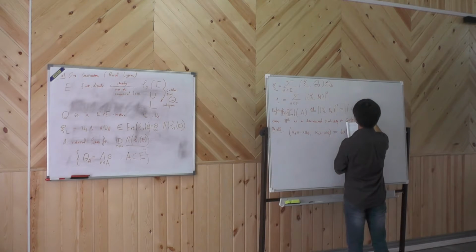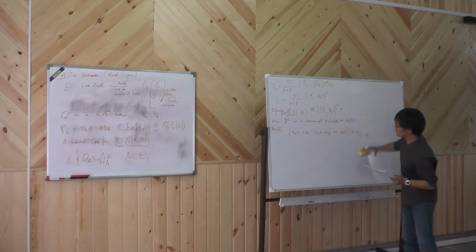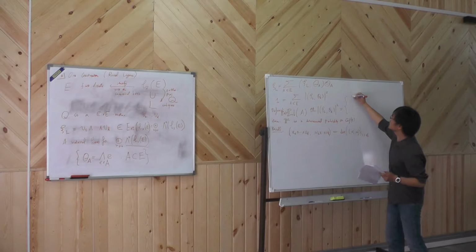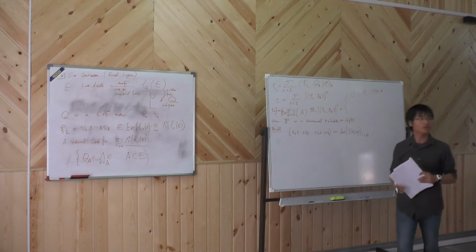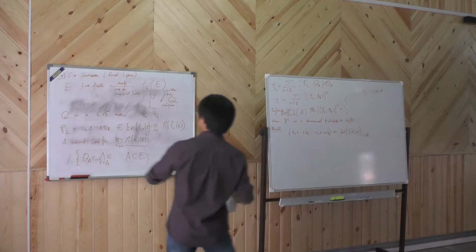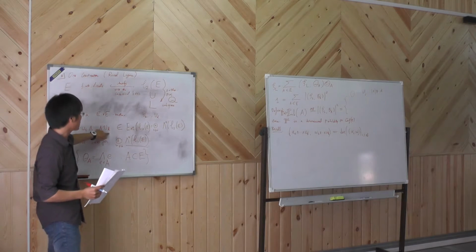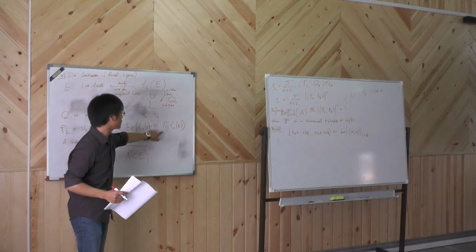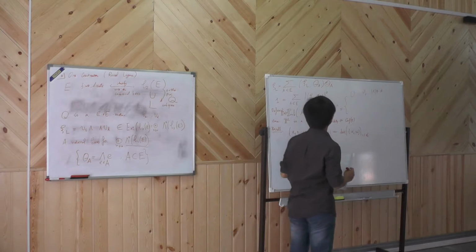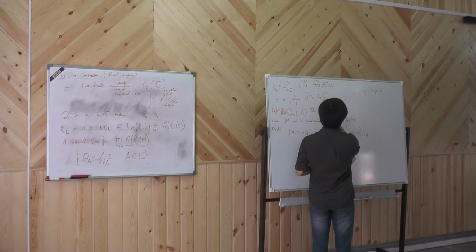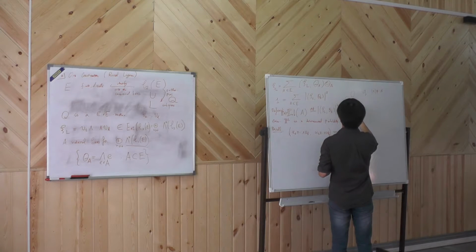Take V1 wedge through VD, so this will be 0 if the cardinality of A is not equal to D. Because the space is a D degree exterior tensor product, by the construction of the space, if they are of different degree, they are orthogonal, so it has to be 0. And if the cardinality of A equals D, then we have